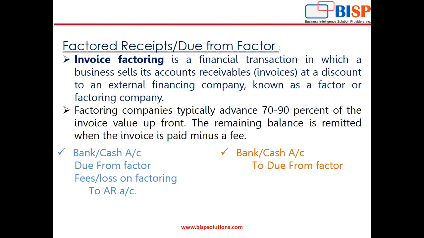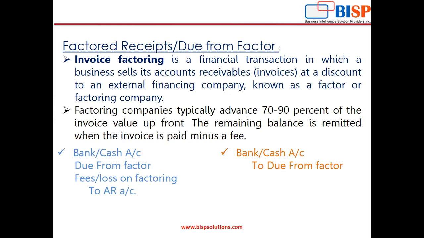As you can see, at the time of factoring, the entry passed is bank and cash account, due from factor account, and loss or fees, that is the 2 to 3% fees charged by the factoring company on the accounts receivables. And when that customer pays the factoring company, the remaining amount is paid by the factoring company to the company. So basically, this bank or cash account to due from factor account,